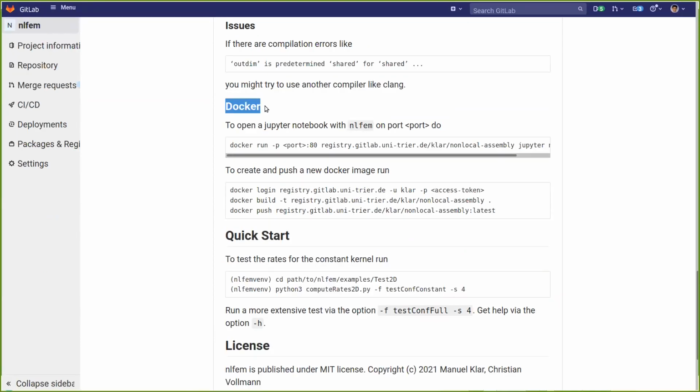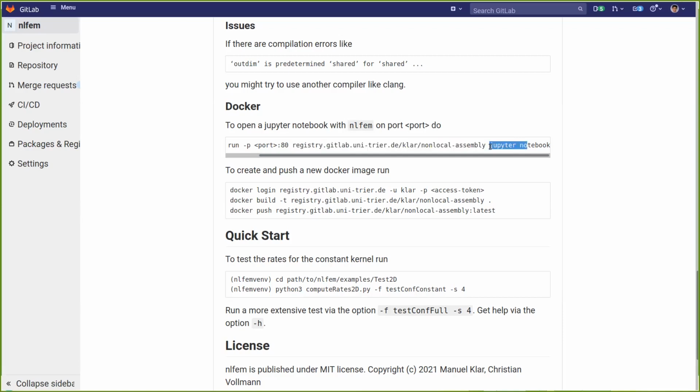It says Docker, and it explains how to open a Docker Jupyter notebook on that port on your computer. You choose that port here. You set there, for example, 80 or something else, some number, and then you run the Docker with that address. So then it pulls the Docker image from that repository,